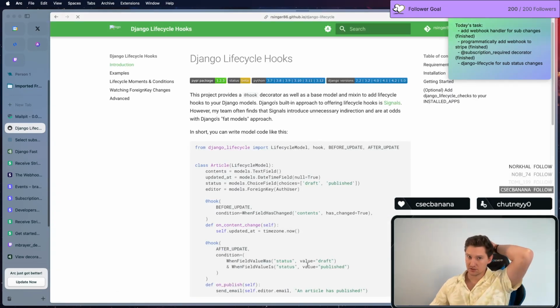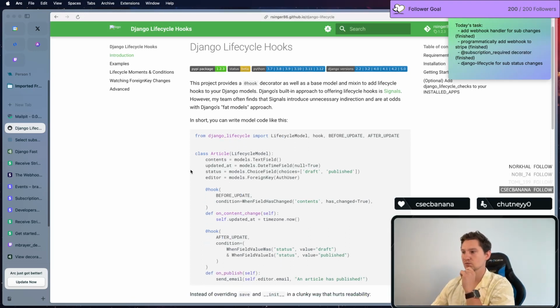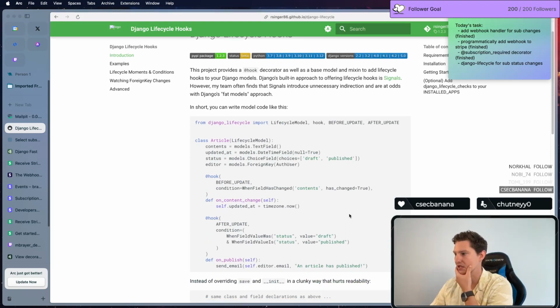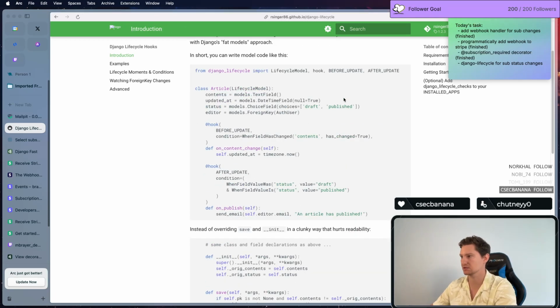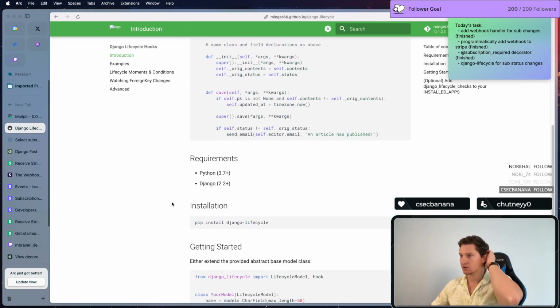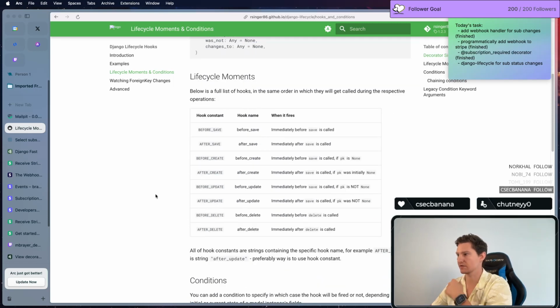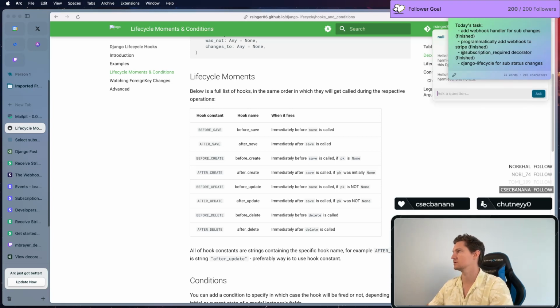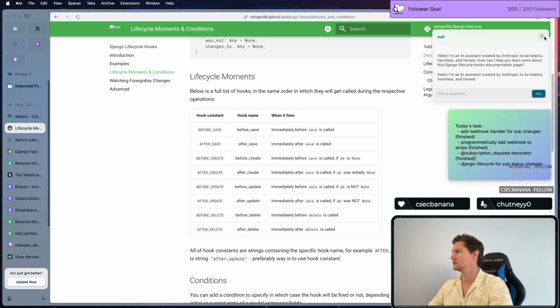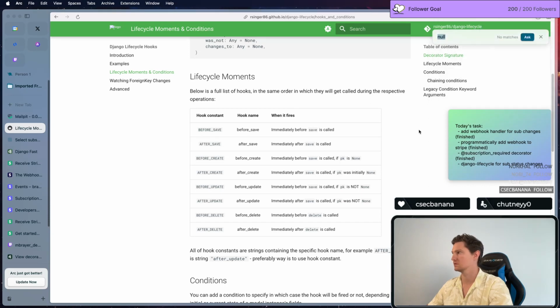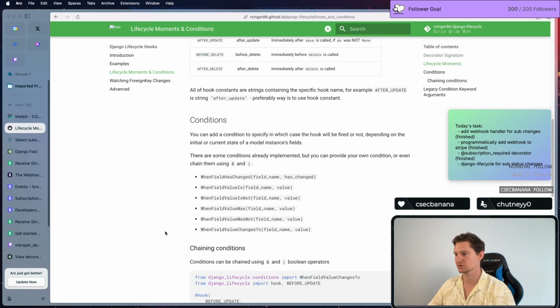Let's have a look at the documentation a bit more, because we will also need something like when it was none or has changed perhaps too. So give me the conditions. Has changed what? I would just need to see something like null, right? What is what? I don't want an AI assistant here. Okay, so